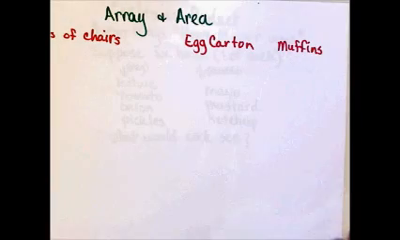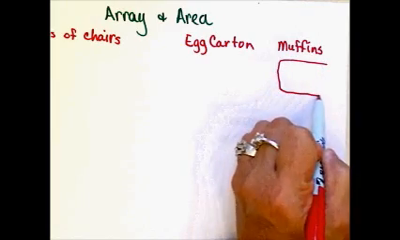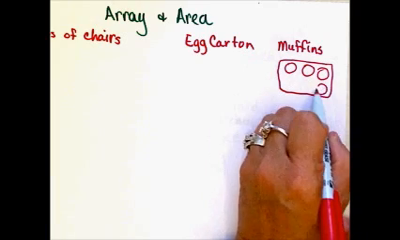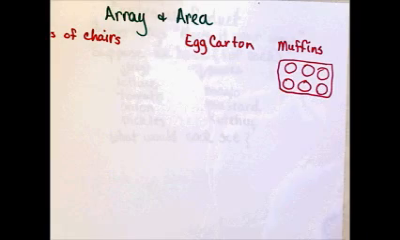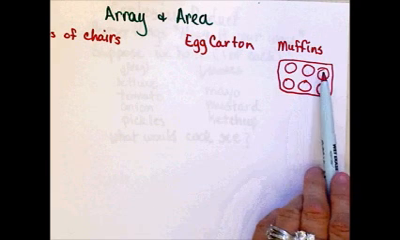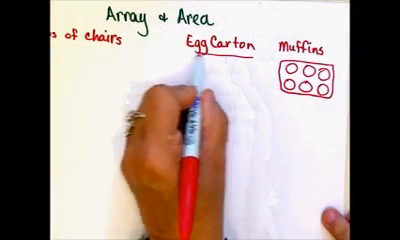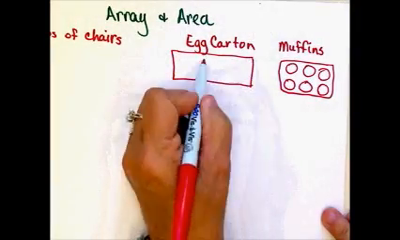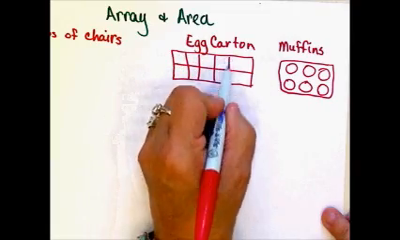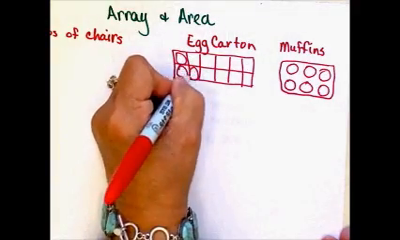Because we have this idea of what the picture looks like. So if we have one of those 6 muffin pans that looks like this, okay, this is an area model of 2 rows of 3 muffins. Okay, an egg carton,